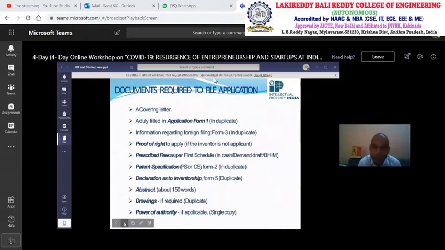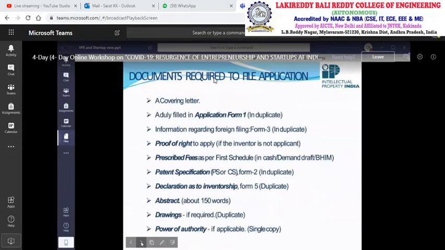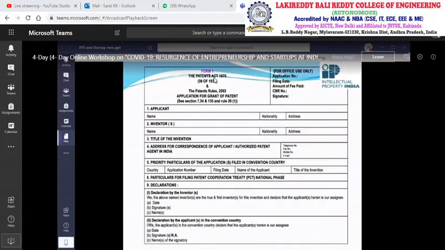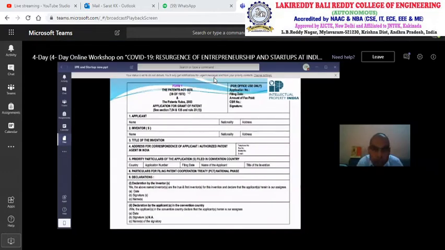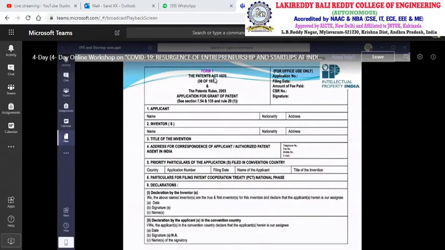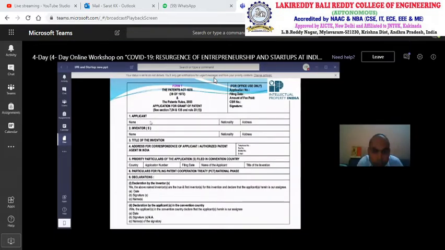So how can you file a patent? Step by step we'll proceed. Now come to form 1. As I already told you, I am showing you, this is the form 1. This is the most important document for anybody who wants to get their intellectual property protected. So he has to file the form 1. In the form 1, he has to mention the name of the applicant. As I told you, suppose you are the true and first inventor, and your assignee is your university, the name of the applicant will be your university name.